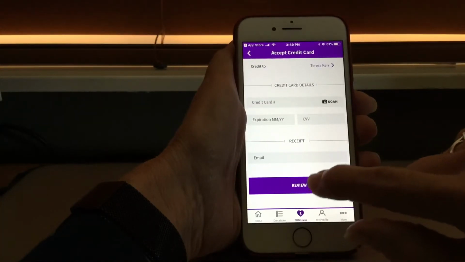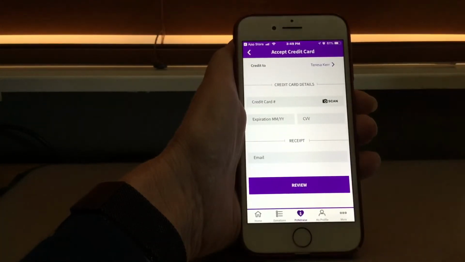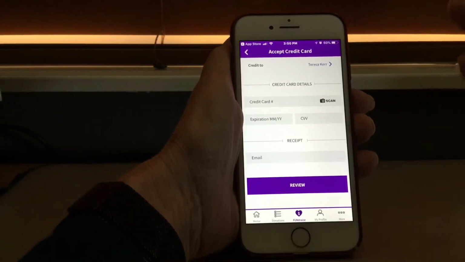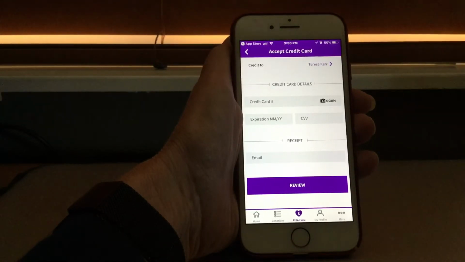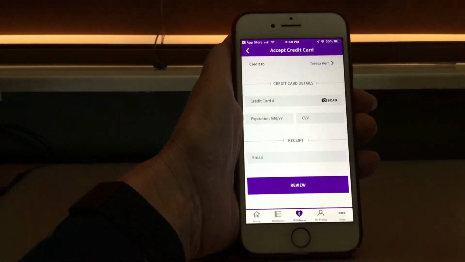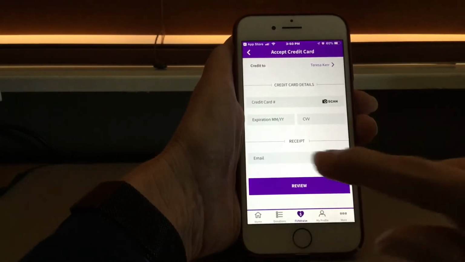Then you would click on the review button. Now that's when it's going to go check their credit card, and it will actually tell you if you've got a number wrong and it can't reach that account, or there's something wrong with that card or with the information you typed in. And a lot of times it is your information that's wrong and not the person's card. Sometimes it's awkward if their card isn't going through, so be a little sensitive about that. But just simply say, maybe our app isn't working today. So anyway, once you hit the